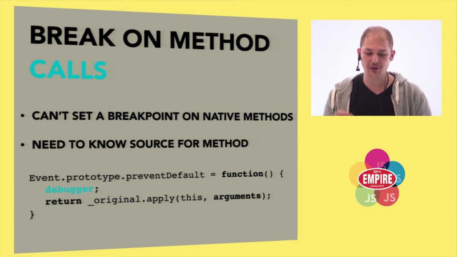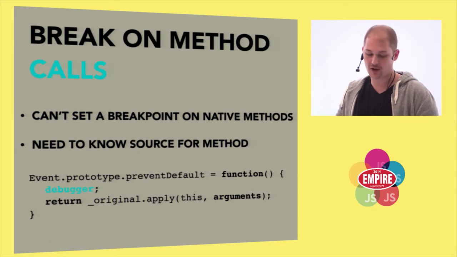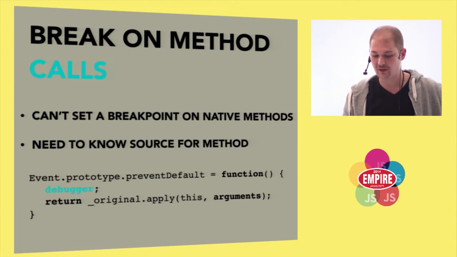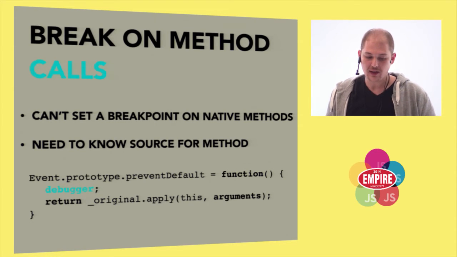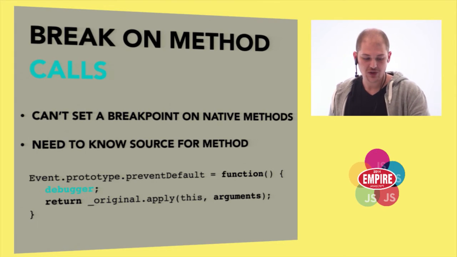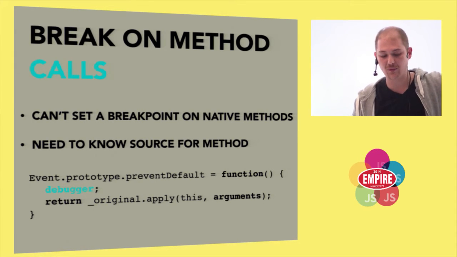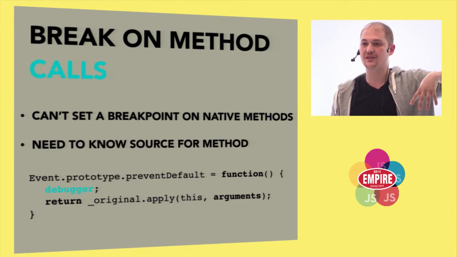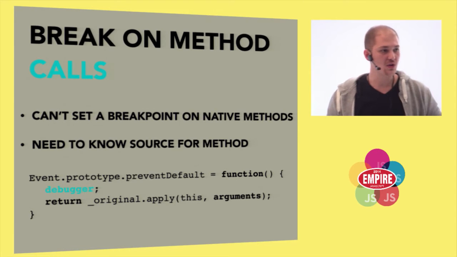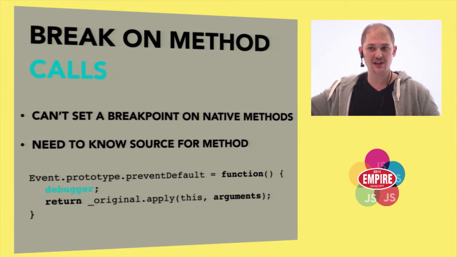So it's really helpful to be able to monkey patch native classes just to be able to drop in a debugger statement. For example, imagine if a DOM element is not doing the default behavior, and you don't know why. You may suspect that something might be calling preventDefault. So you may do something like override Event.prototype.preventDefault and drop in the debugger statement and then call the original function once again. And that way, when the debugger breaks, you can look up the call stack and see the offending code.